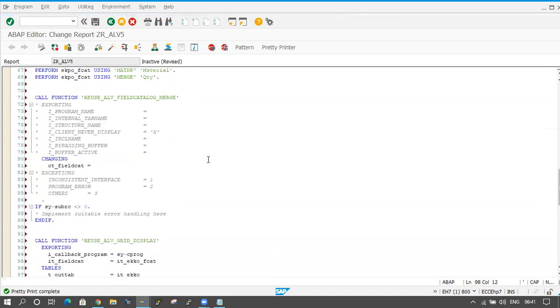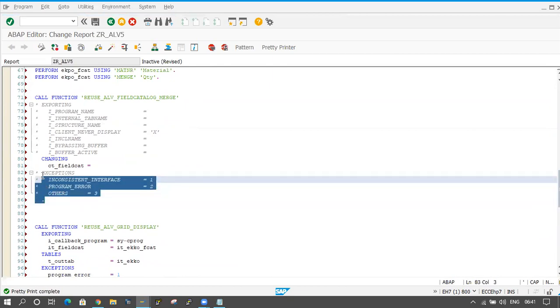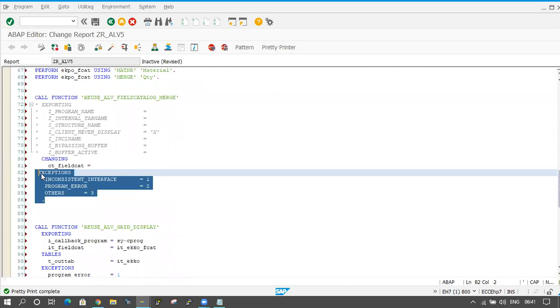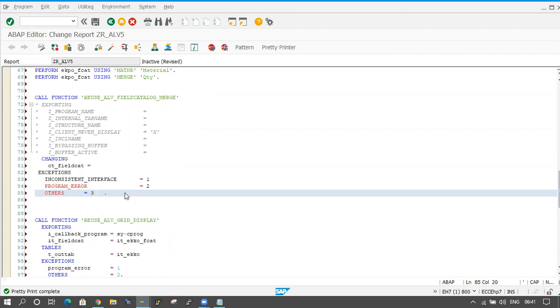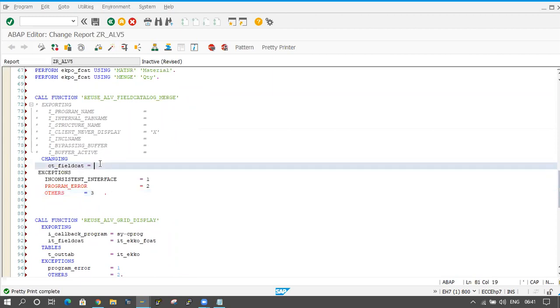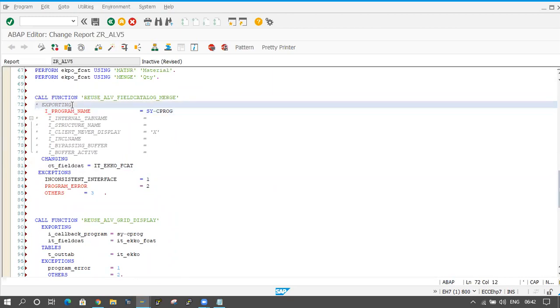I will pass some values to that function module. The field catalog name is IT_EKKO_FCAT. This is the field catalog name, and I_CALLBACK_PROGRAM is coming here, so uncomment this one and SY-CPROG. But I am passing this SY-CPROG in the exceptions tab, so I have to uncomment that one.